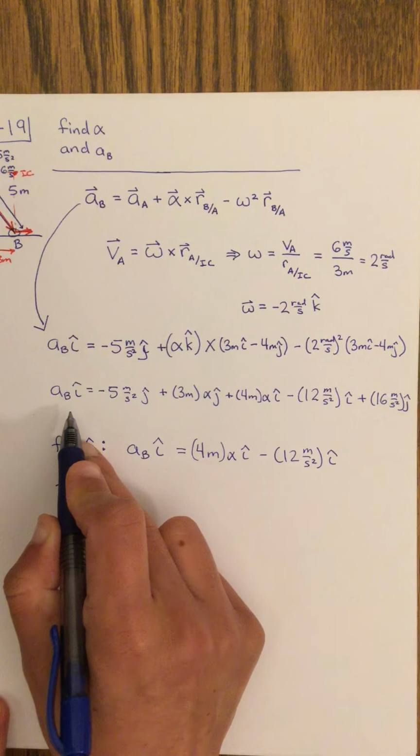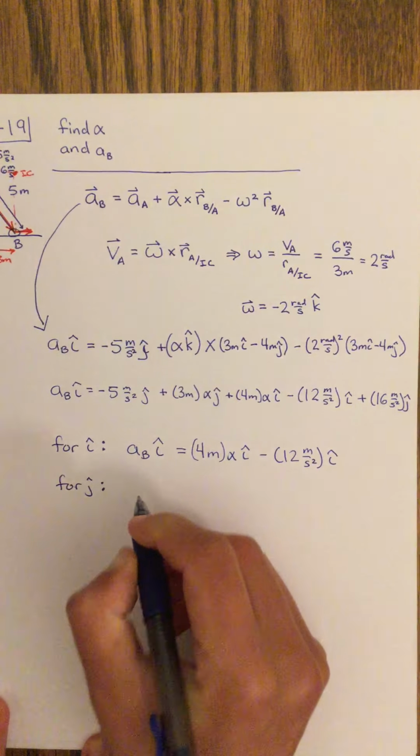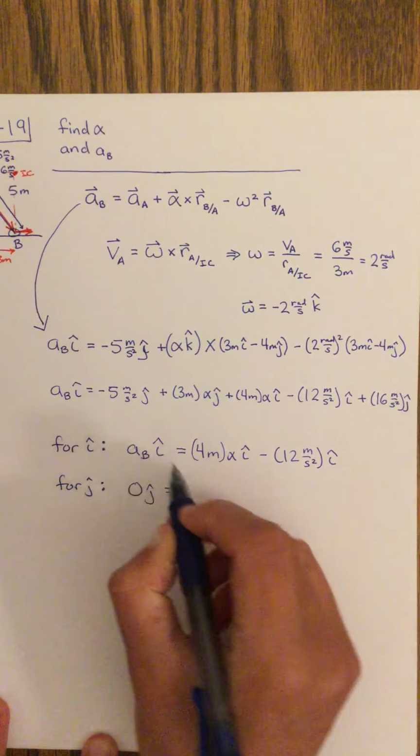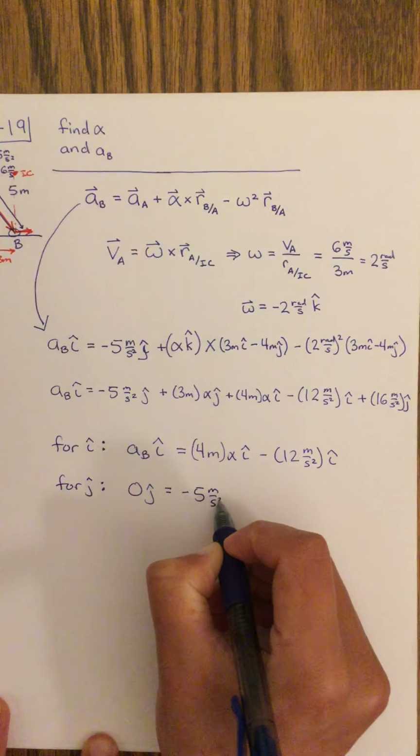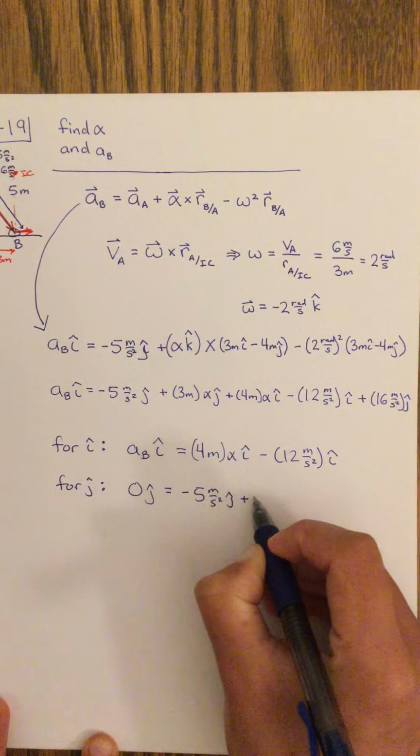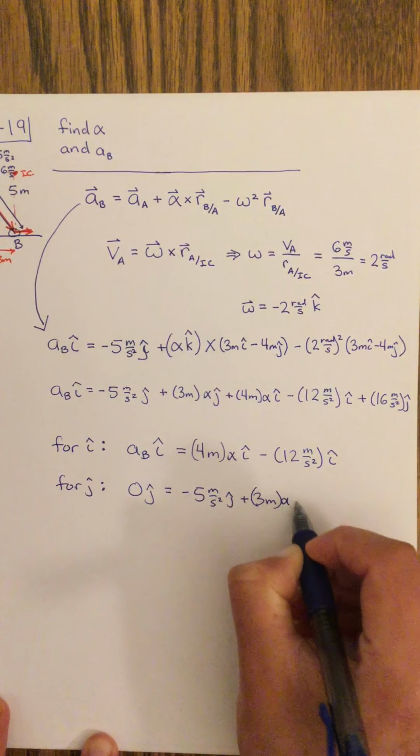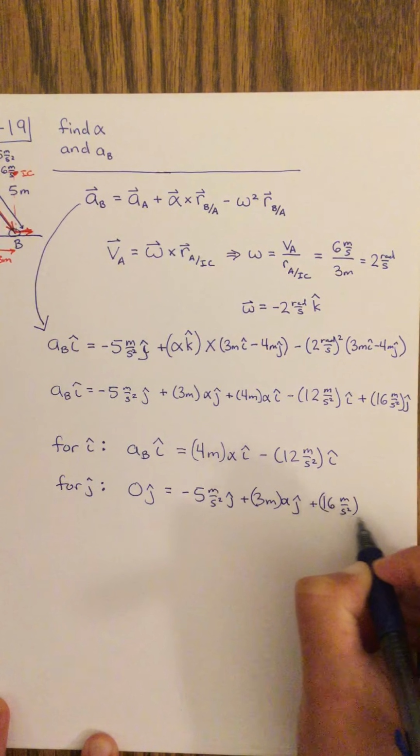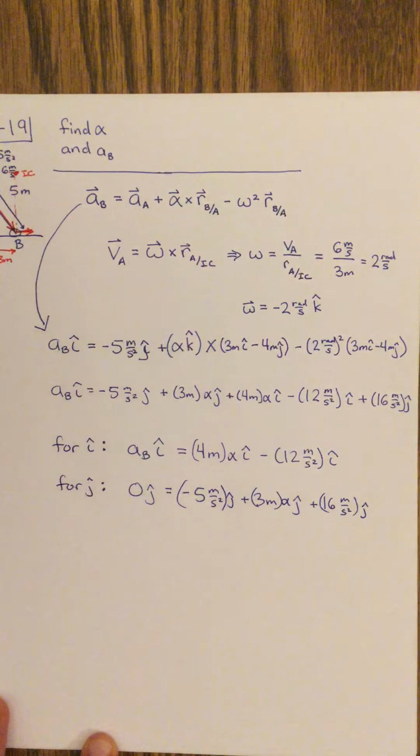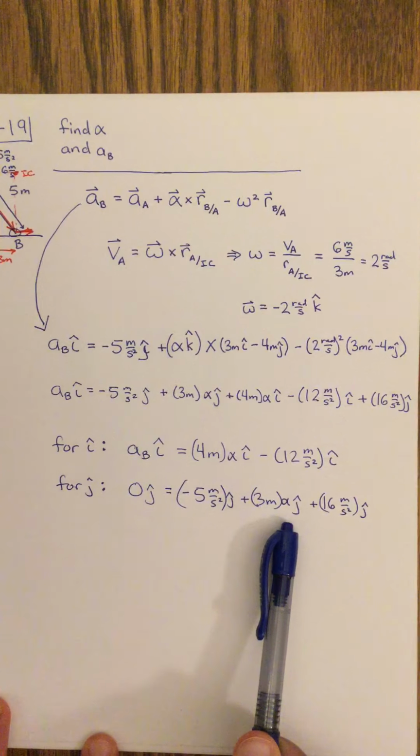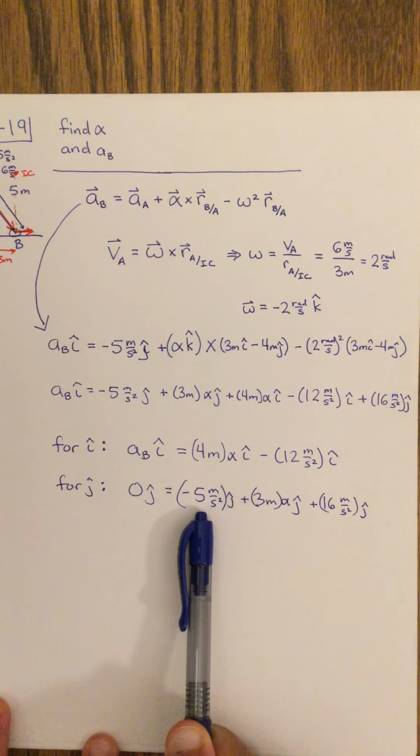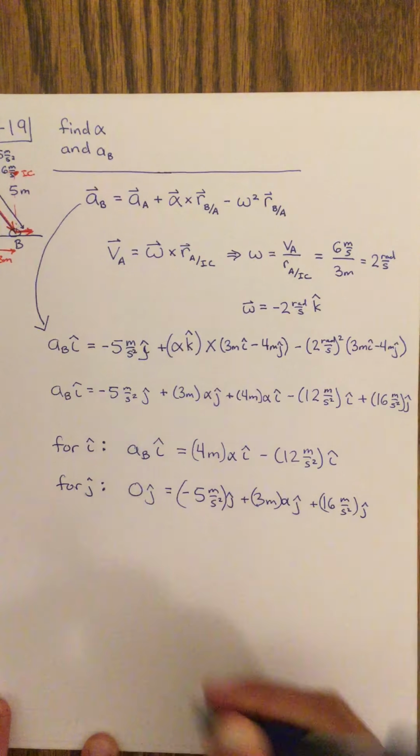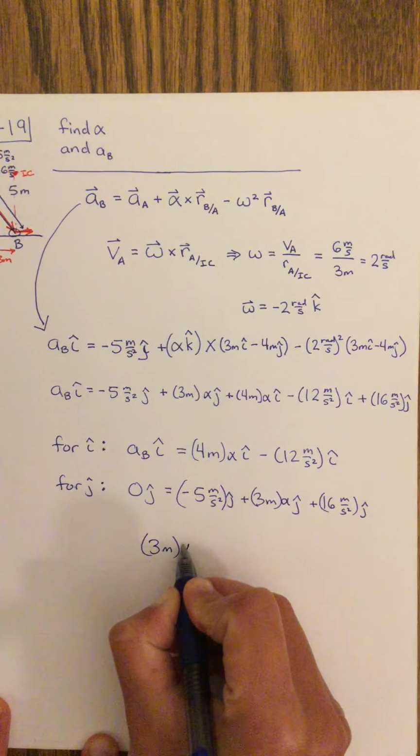And on the left-hand side of the equation, I have no j hat terms. So this is just going to be 0 in the j hat direction, is equal to minus 5 meters per second squared. And I have plus 3 meters times alpha, and then I have a plus 16 meters per second squared in the j hat direction. Now I can solve this for alpha, so let's bring the minus 5 meters per second squared over to the other side where it becomes positive and subtract 16 meters per second squared from both sides. So I have 3 meters times alpha,